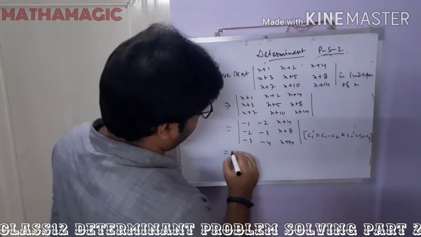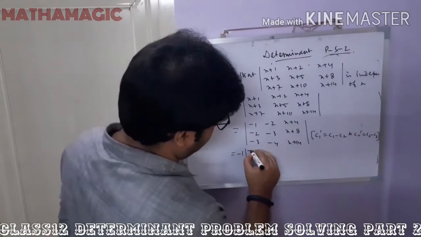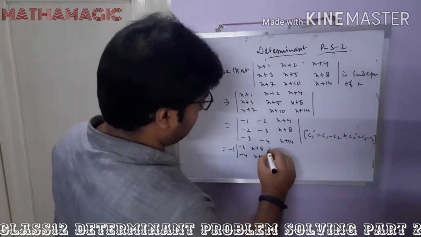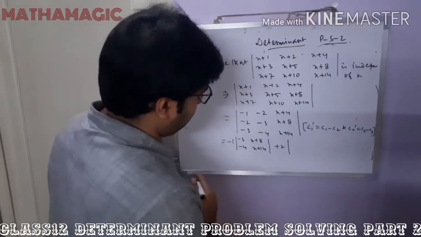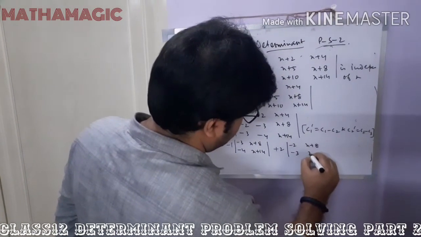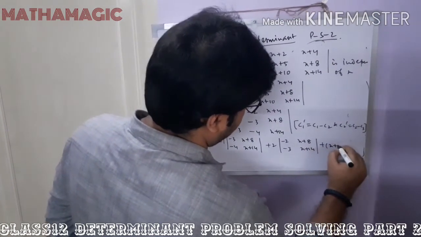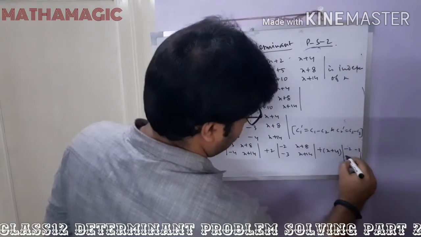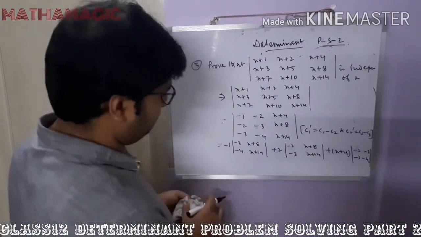Now just do the normal expansion, nothing to worry about. If we do the normal expansion, it will become minus 1, minus 3, x plus 8, minus 4, x plus 14. Now for this one it will become plus 2, as it was minus 2, so minus 2 times x plus 8, minus 3 times x plus 14, plus x plus 4 into this one, minus 2, minus 3, minus 3, minus 4. Please note it down. We'll rub this one so that we can proceed with the sum.